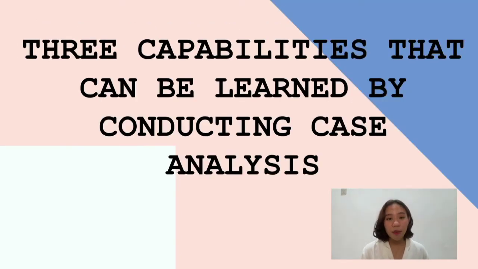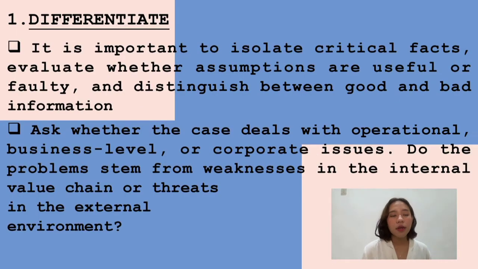And there are 3 capabilities that can be learned by conducting a case analysis: the ability to differentiate, to speculate, and to integrate. The first one is to differentiate. When analyzing cases, it is important to isolate critical facts, evaluate whether assumptions are useful or faulty, and distinguish between good and bad information. Differentiating between the factors that are influencing the situation presented by a case is necessary for